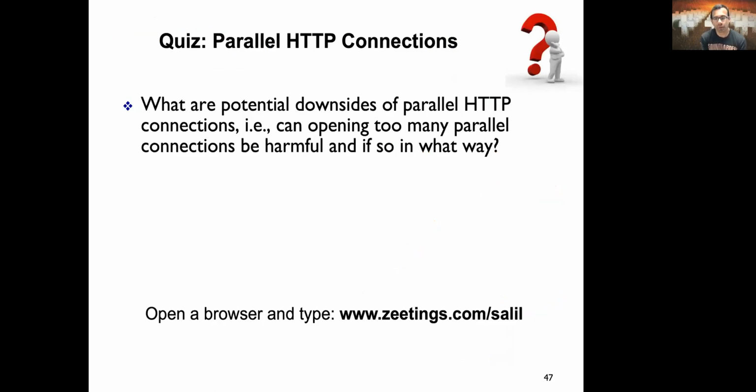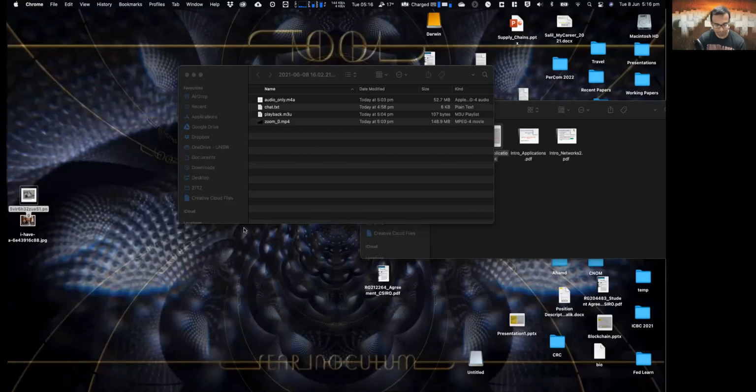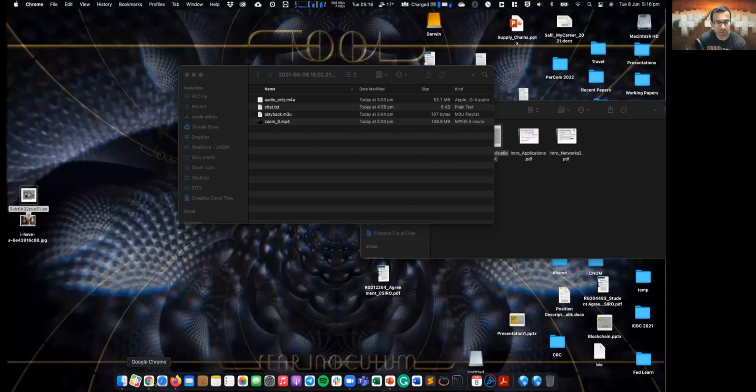There is another problem, however, with parallel HTTP connections. So what do you think could be the potential drawbacks of opening too many parallel HTTP connections with a web server? So could you please open Zeetings